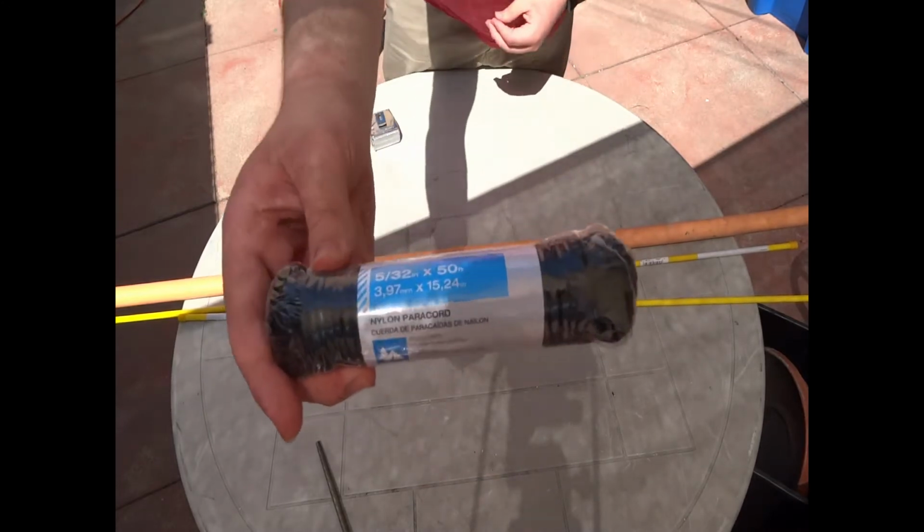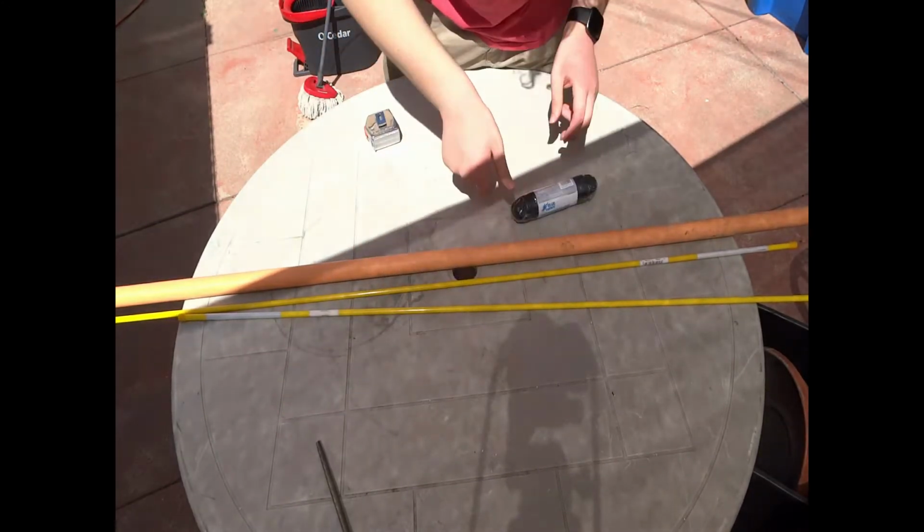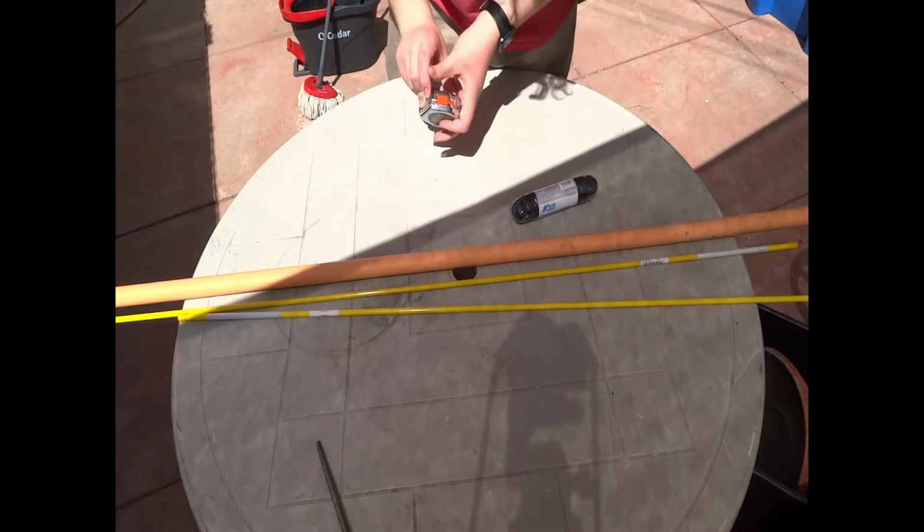Now, you might be able to use just normal rope that you get at the 99-cent store. I'm not sure. I used paracord, and it seemed to work really well. The most important part of it is just knowing that you can tie the knot at the right length for your bow and arrow. The tools you'll need are some sandpaper, a file, a measuring tape,